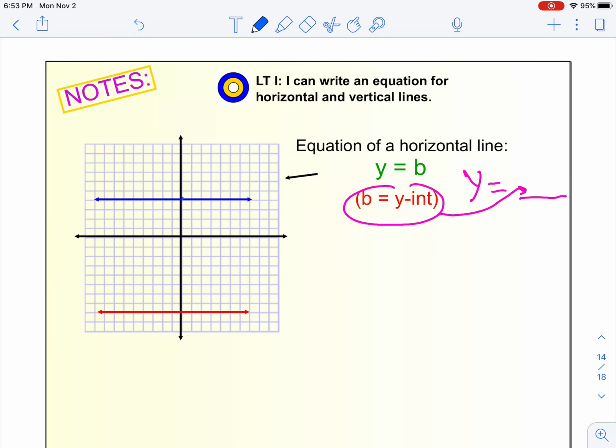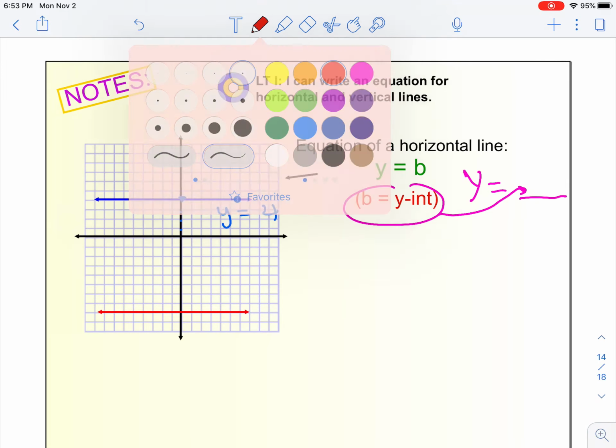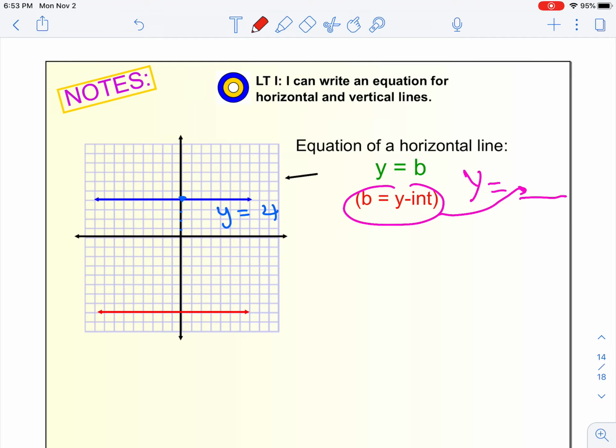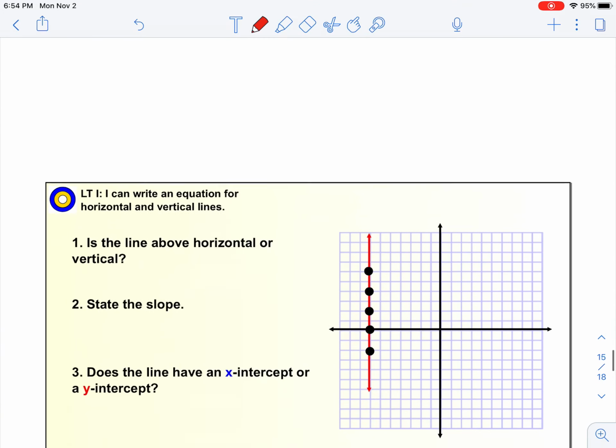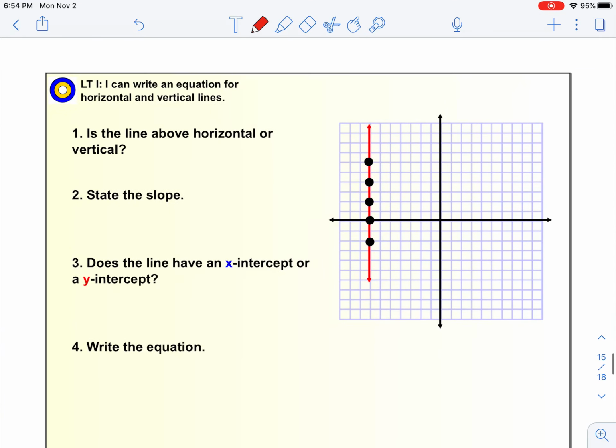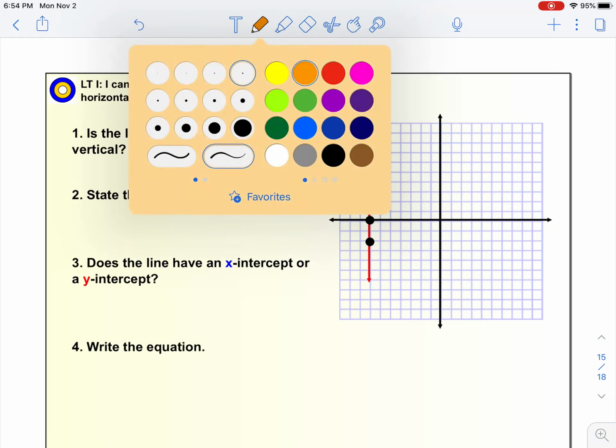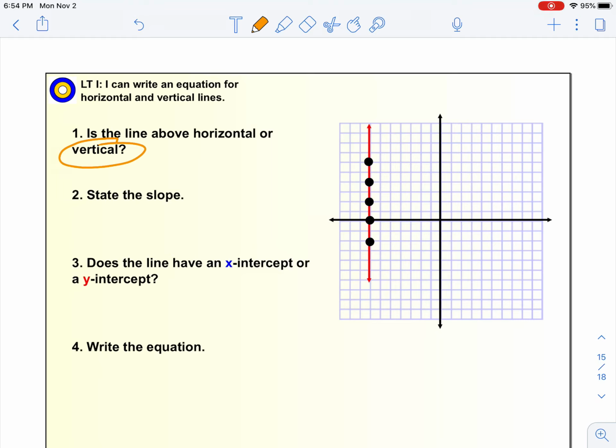So what would be the equation of the blue line? Well, the blue line is going through at 1, 2, 3, 4. So this equation is y equals that y-intercept. What is the equation of the red line? The red line is going through the y-axis at 1, 2, 3, 4, 5, 6, 7, 8, at -8. So y equals -8. So similarly, when we look at vertical lines, this is a vertical line,